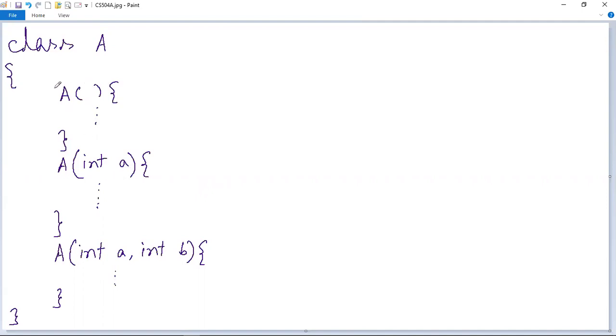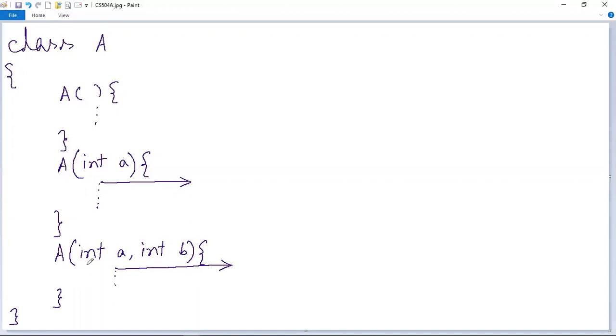Now, if we call this default constructor from inside this parameterized constructor, by writing down the calling statement of this constructor inside the parameterized constructor body, and if we call this parameterized constructor from inside another parameterized constructor, then that means we are calling one constructor from inside the body of another constructor.